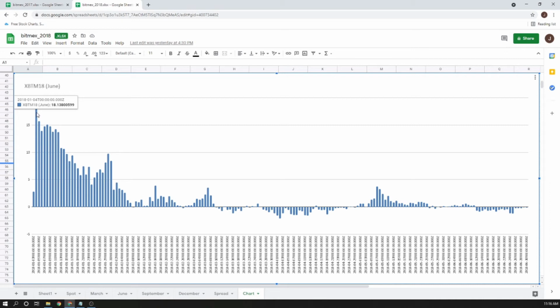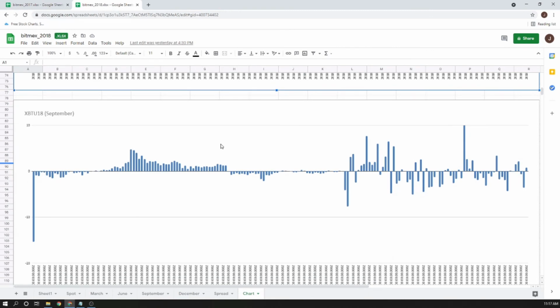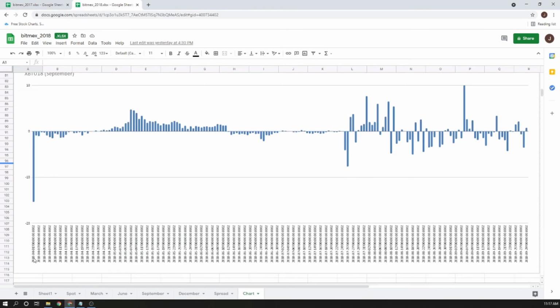So again, if you had opened this trade on January 18th, you could close it on February 8th, and after 1 month you could have 18% profit. Now as we go to the September contract, we can see that it